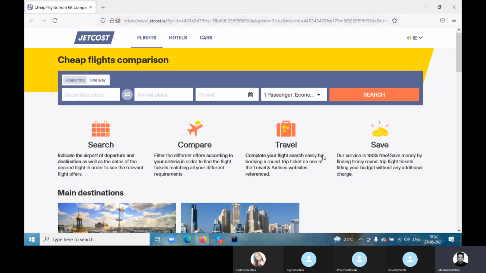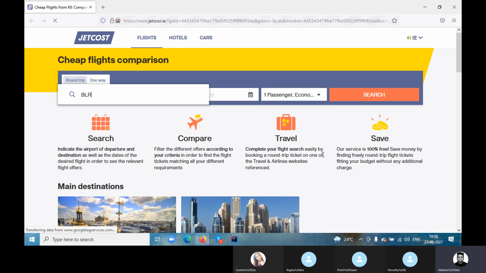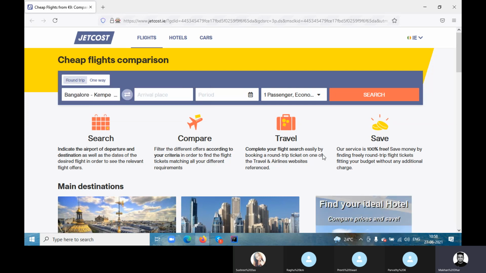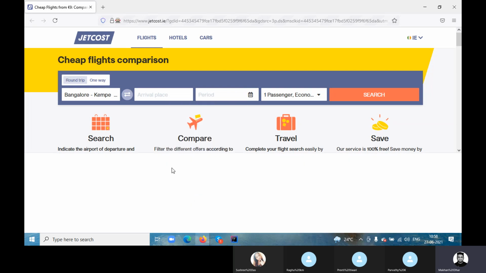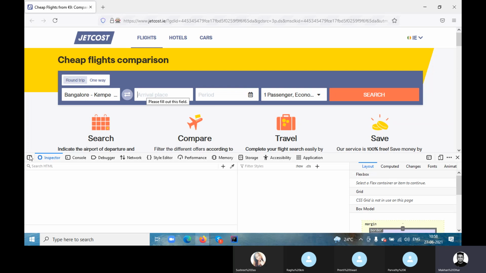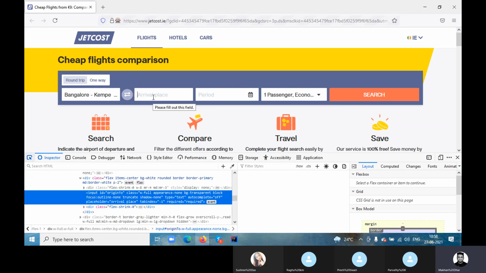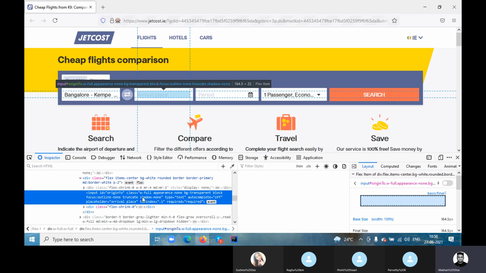Also, this welcome to Jetcost, whatever is written, right? That text also we can validate, or if you want to get the text, that also we'll see. So it is coming, right? So it is selecting, right? So now we'll see this way. So the very first thing we have to use the click action, then the send key. Okay, this is what we have to do. So let me inspect it. So this is coming. Let's go with the ID itself and see.